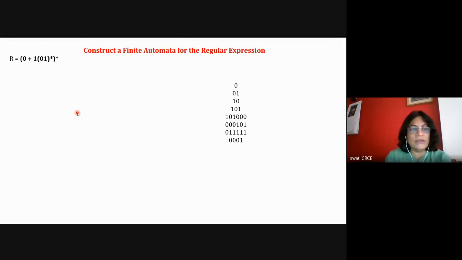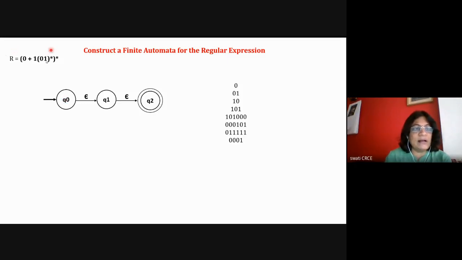Now I have to draw the transition diagram for that. I start from the state q0, and if I try to draw without the epsilon symbol, it's difficult because I would draw the zero string here, and then the one string, and after that the 0 1 string. So I feel comfortable by taking an epsilon transition to a new state. So with epsilon, it will go to the new state Q1.